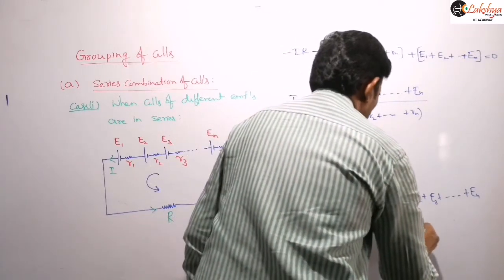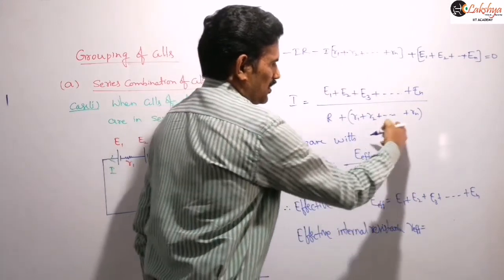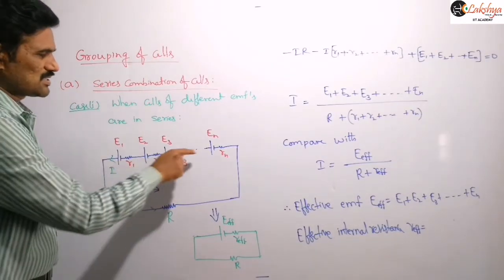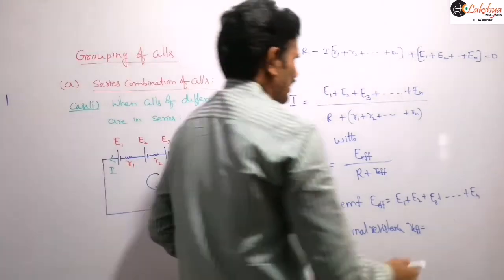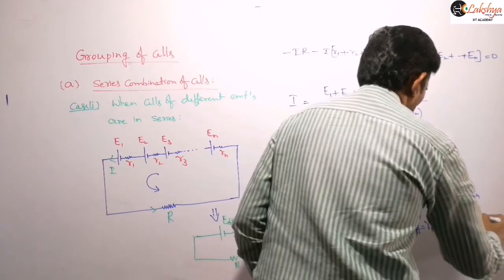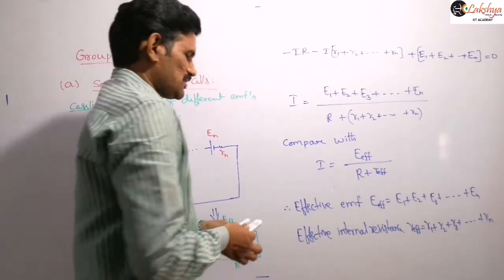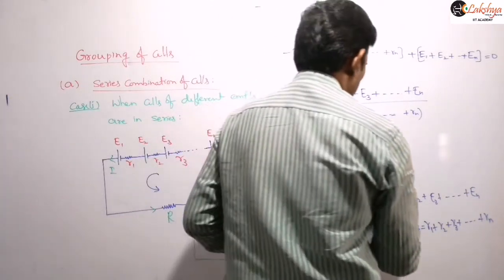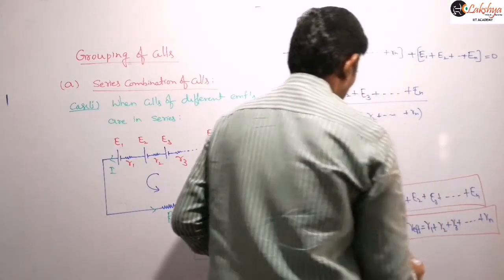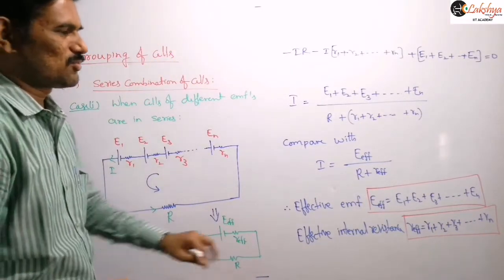So effective internal resistance R effective we can write as, now we can observe this, instead of this R effective, R1 plus R2 plus and so on Rn is there. Generally also we can say that, because all these internal resistors are in series only. So R effective is R1 plus R2 plus R3 and so on Rn. Whatever the internal resistors are there, we need to add them. And when this combination is connected to the external resistance R, the total effective resistance in the circuit will become capital R plus this small r effective here.